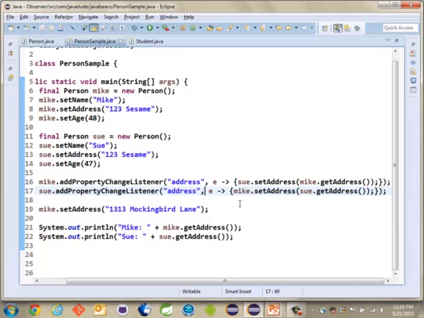Notify me when the address changes, and the property change support helps me out there. He does that check for me instead of us having to do the check. So that's a much simpler code now. Make sense? Okay, so that's the basic idea behind a Java bean and some of the things you can do